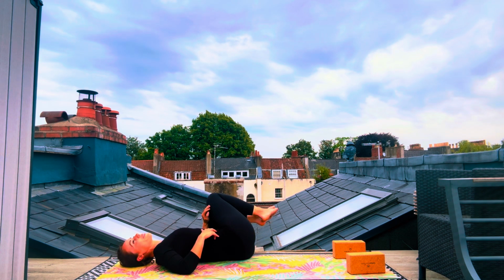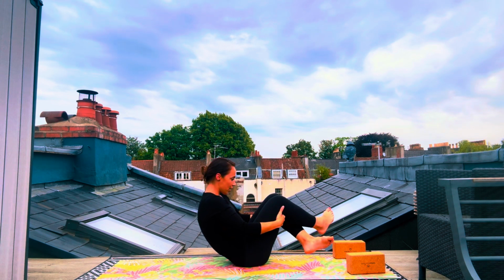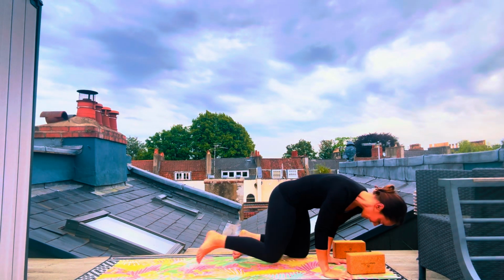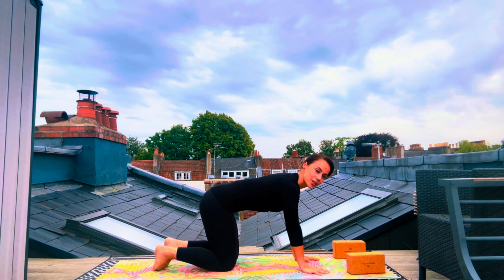And then squeezing to draw the knees all the way back into the chest. We're going to take the hands behind the hamstrings, finding a roll up to a seated place. And from here, we're going to take the hands down in front, shuffling the knees back. So we're finding our way into that place where we've got the hands under the shoulders and the knees under